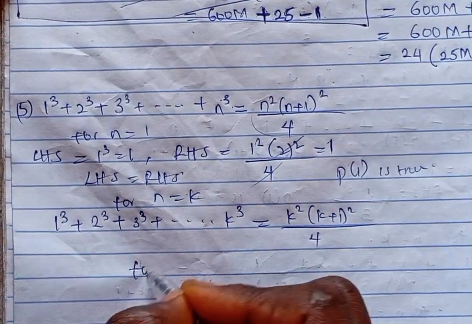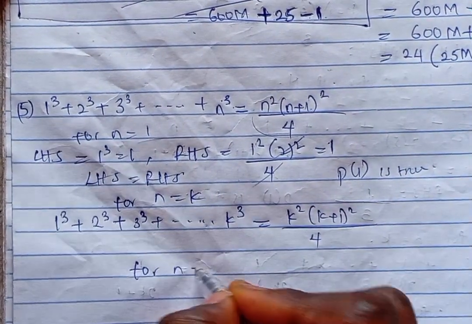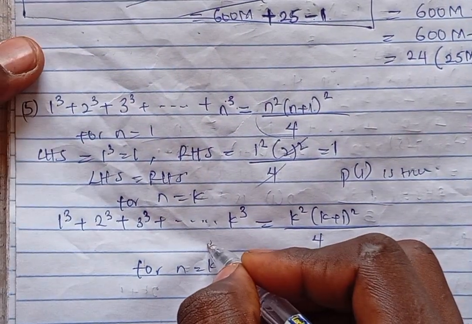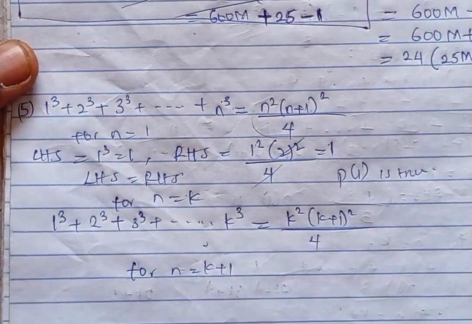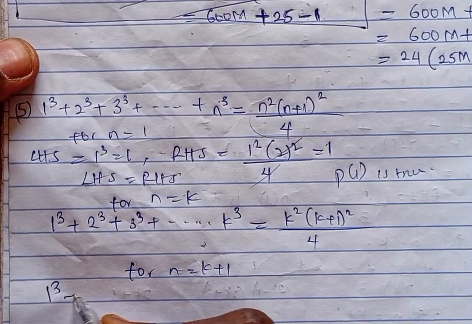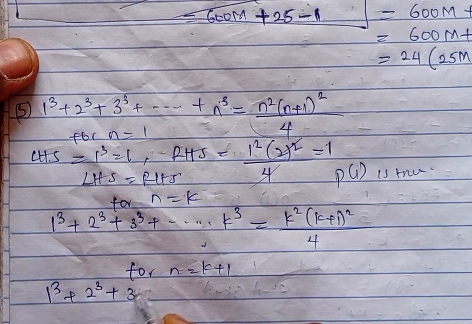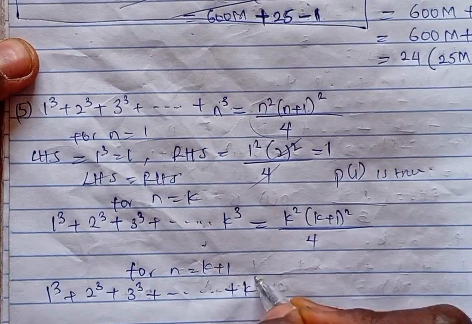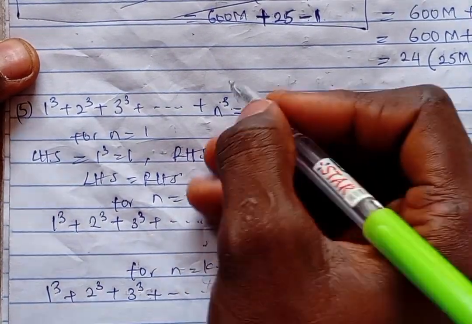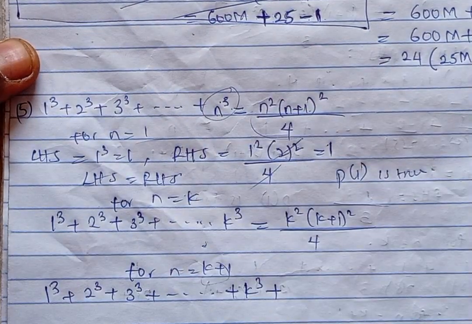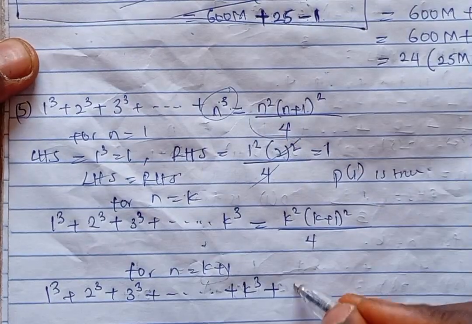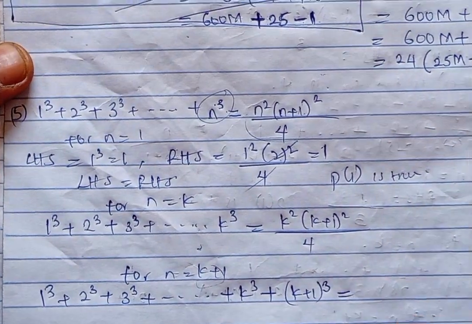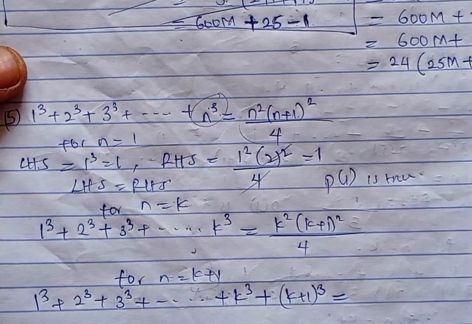So now you leave this one, you continue further. For n is equal to k plus 1, but you will be using the second assumption, which is for n is equal to k. Okay, now we have 1 cube plus 2 cube plus 3 cube plus k cube. Now you will include k plus 1 using the function here. So you have k plus 1, everything is to power 3 is equal to,